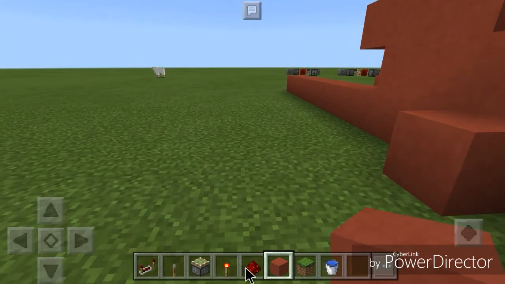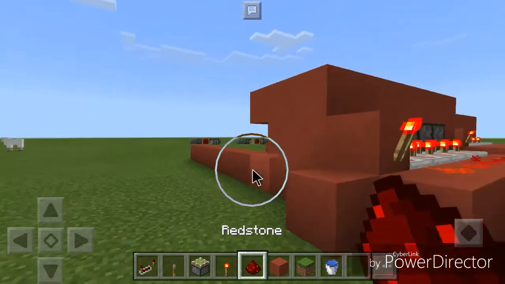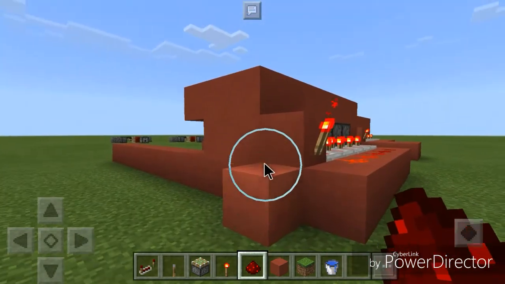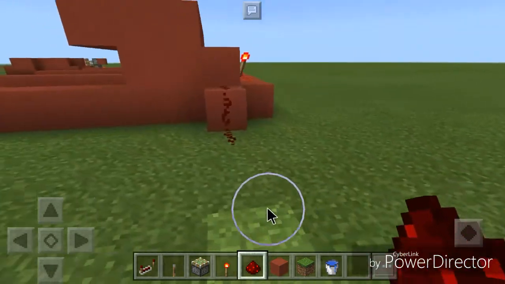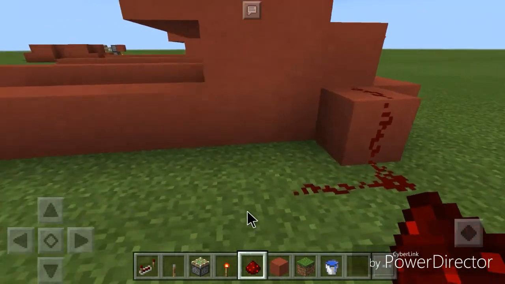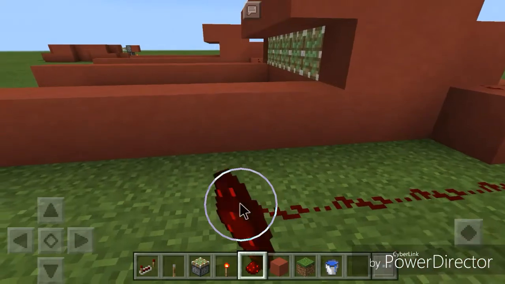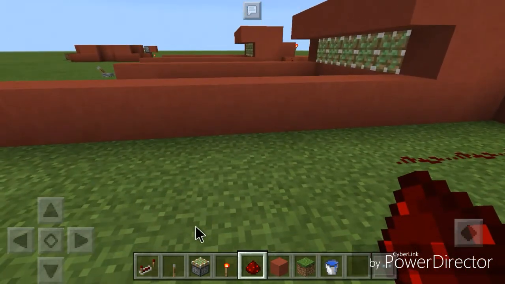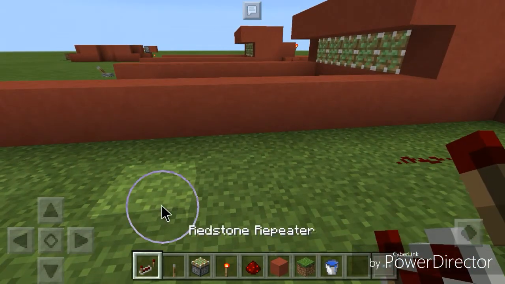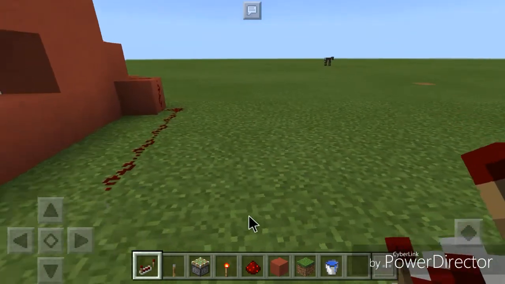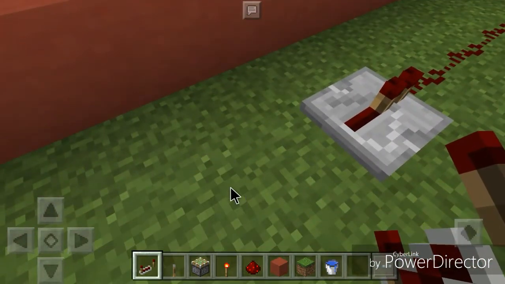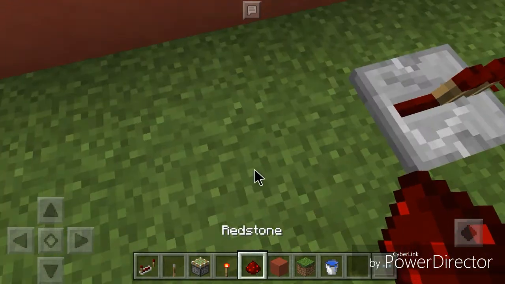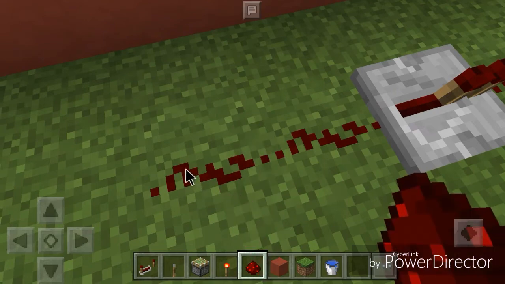Now here's where we pull off the finale. So we're going to place the redstone up here and coming out. So basically we got to keep this running just like so. And then I don't think we'll really need it, but I'm going to place it down anyway, because I really don't want it to like mess up for the video or anything. That would be horrible. So back to the redstone dust and continue placing it down